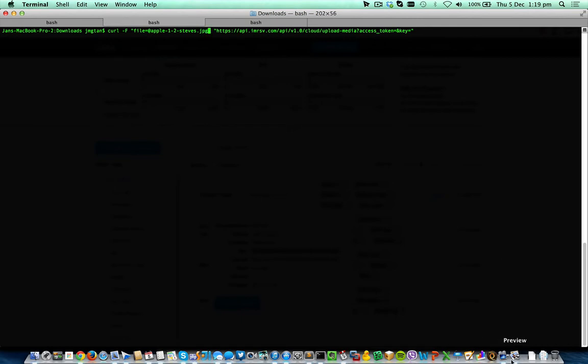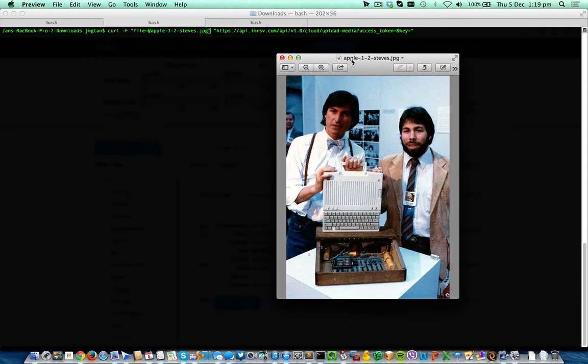So the image that I'm using is an image of Steve Jobs and Steve Wozniak. This was during the early days of Apple computers. So we have two subjects in the image, two males. So let's start with the